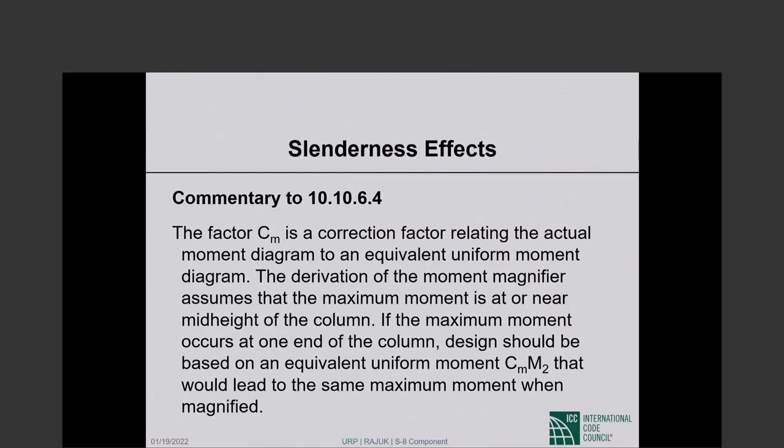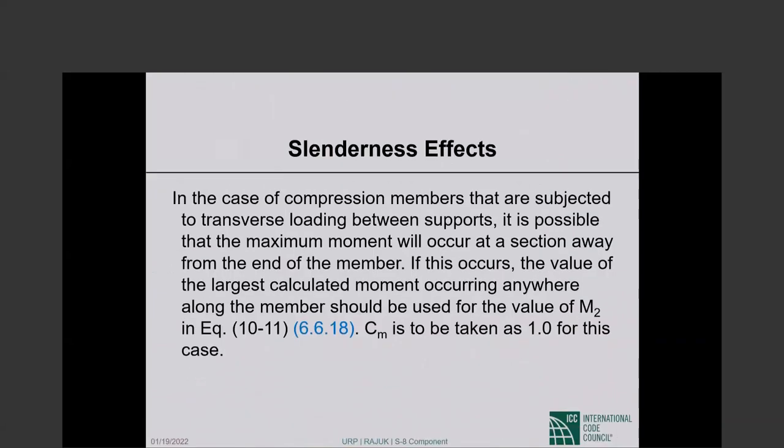This commentary, I will let you read it. I think that commentary confuses rather than adds clarity. Anyway, in the case of compression members that are subjected to transverse loading between supports, it is possible that the maximum moment will occur at a section away from the end of the member. If this occurs, the value of the largest calculated moment occurring anywhere along the member should be used for